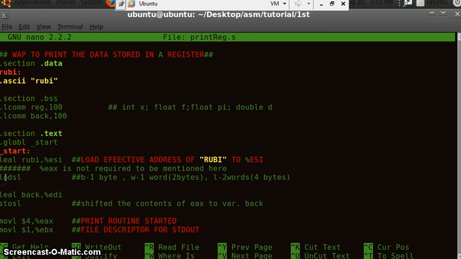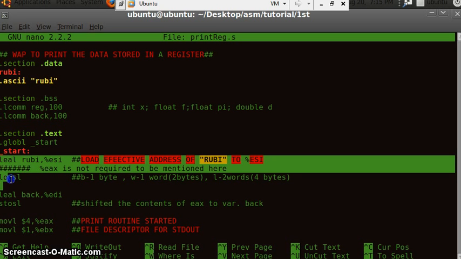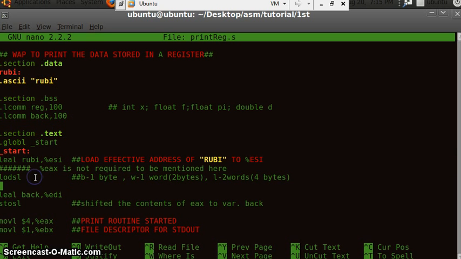LODSL is the instruction which copies the contents of the data section to a register, the accumulator actually. Debugging and investigating what's happening inside a program, we will do in the next video, because the capacity of this screen recorder I'm using is just 15 minutes only. So GDB we will use in the next video. This instruction will copy the contents of the data section to our accumulator register.